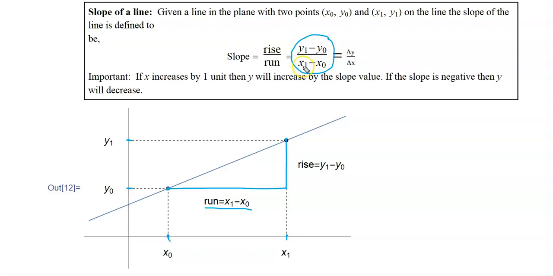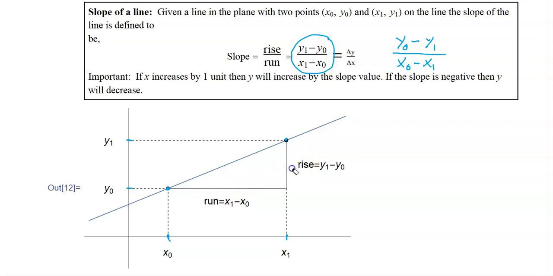We would have to go x0 minus x1 then. So it doesn't matter how you order the difference in the numerator and denominator as long as you're consistent. So in other words, you could write that as y0 minus y1, but then you have to go in the denominator x0 minus x1. Now this number, the rise over run,